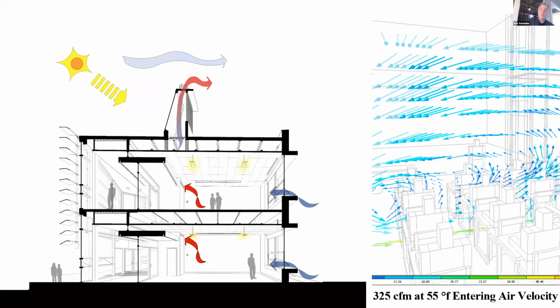What's a solar chimney? Well, a solar chimney functions a lot like that historic 1929 building, allowing us to bring in cool, fresh air and then expel the hot, stale air, and take that natural process of heat rising and nature abhorring a vacuum and speed that up a little bit with the solar chimney. Solar chimney takes advantage of a superheated chamber with non-UV glass that builds up heat and then allows us to expel the hot air very quickly. We want to be aware of which direction the air is flowing, which direction the sun is shining, and calibrate this thing so that we can take advantage of powerful cycles of air and